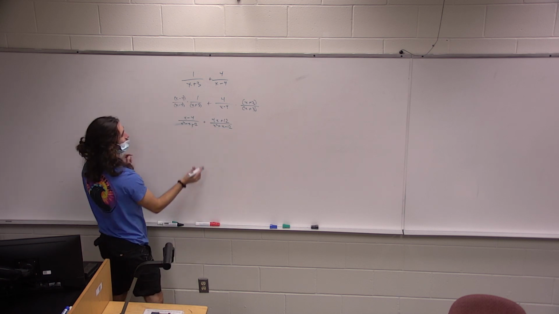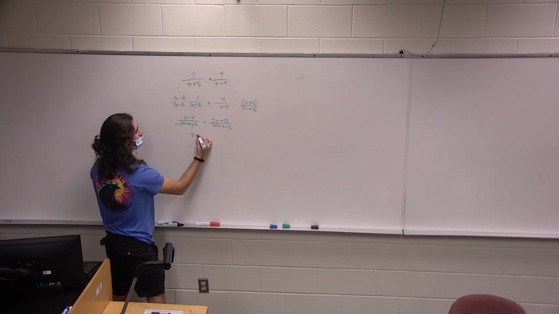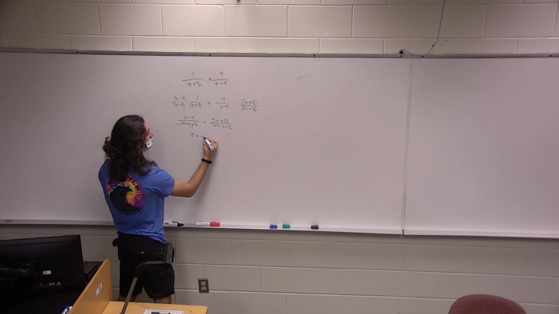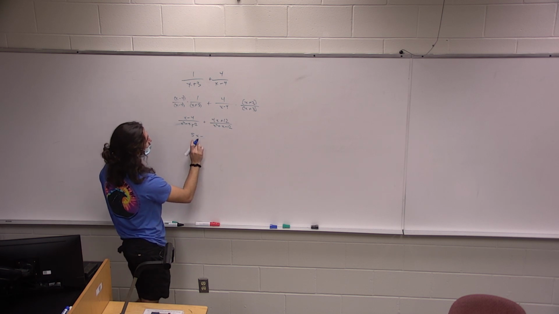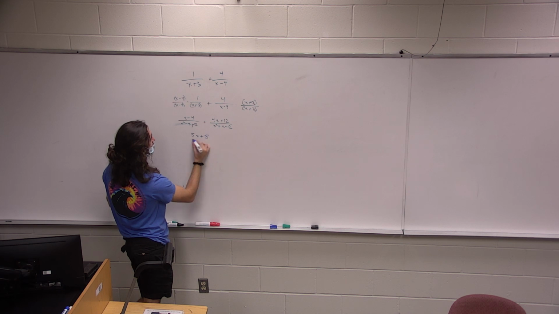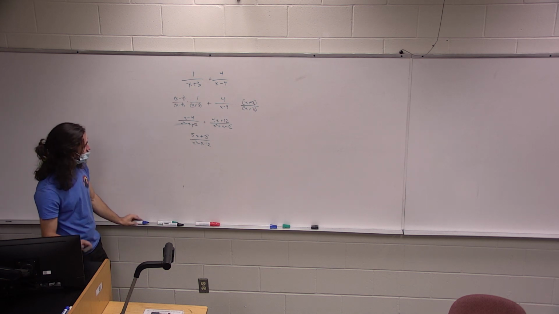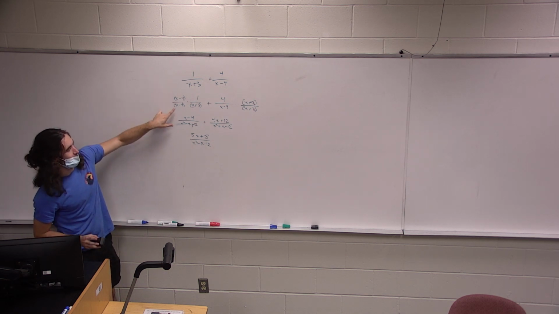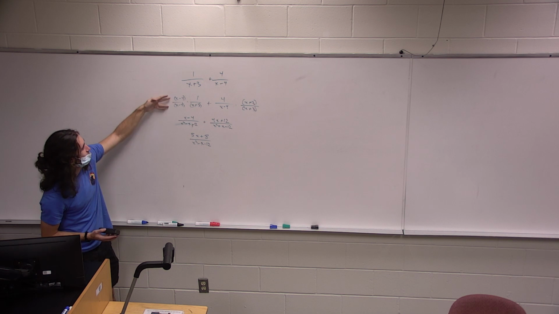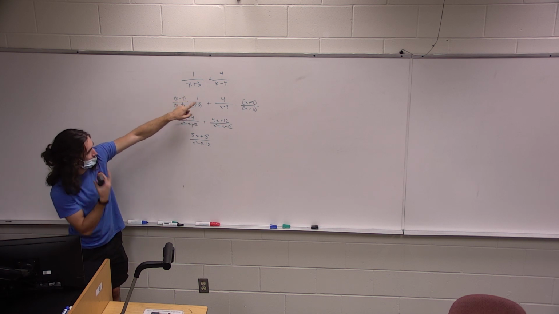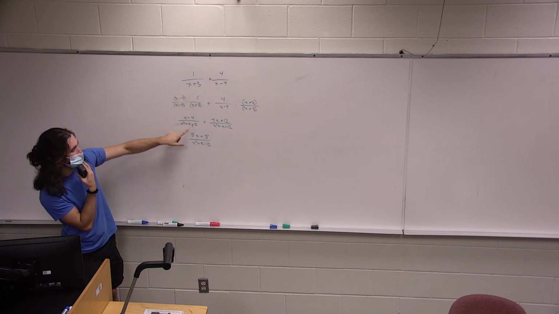And now that they have the same denominator, you can simply combine them together. 5x plus 8. Right, so you just got to follow this algorithm basically, right? Just multiply by whatever to make their denominators match, and then you just go on from there,